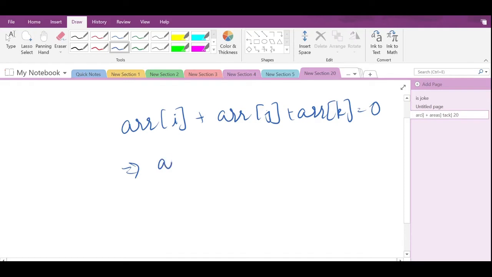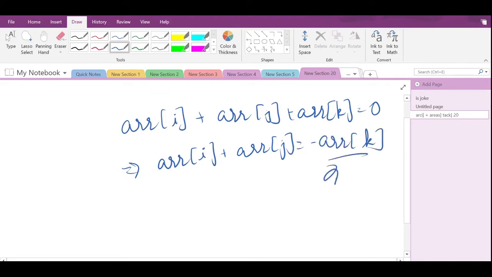So I need to find array[j] minus array[k]. If I consider any two elements i and j, and their sum is 5, and I have some element in my array which is minus 5, then this must work, right? So what can we do?